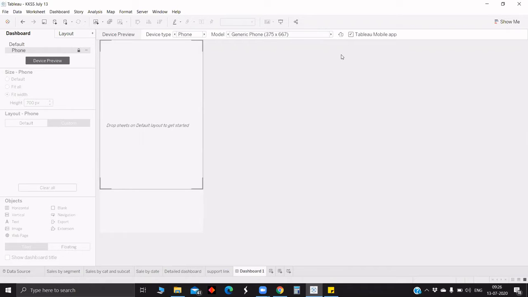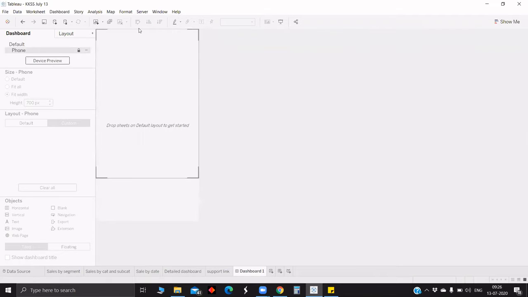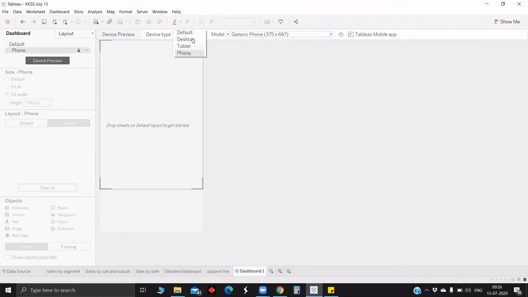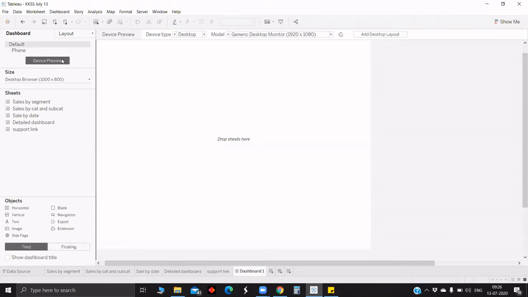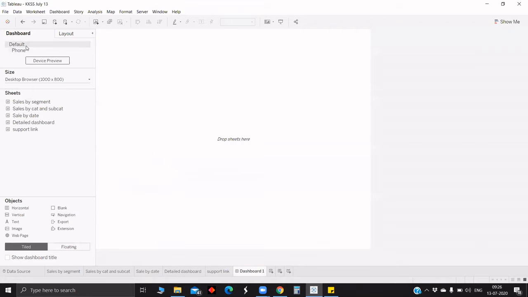So these are the features in device preview. Once we click this device preview on the left side, the window will go. Since we are developing for desktop, we will go for the desktop.